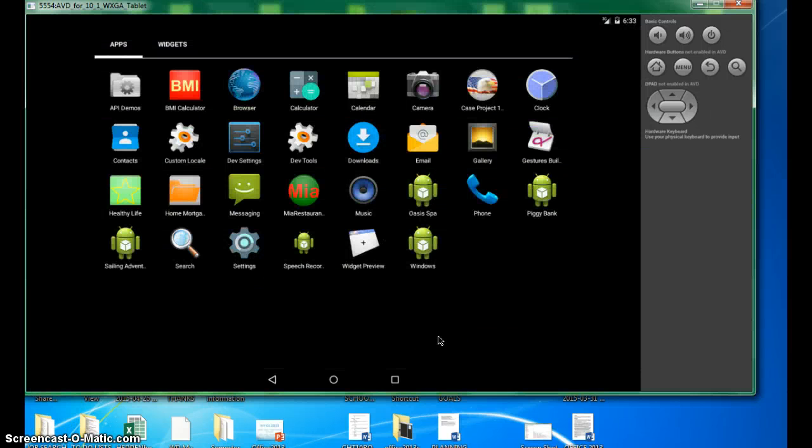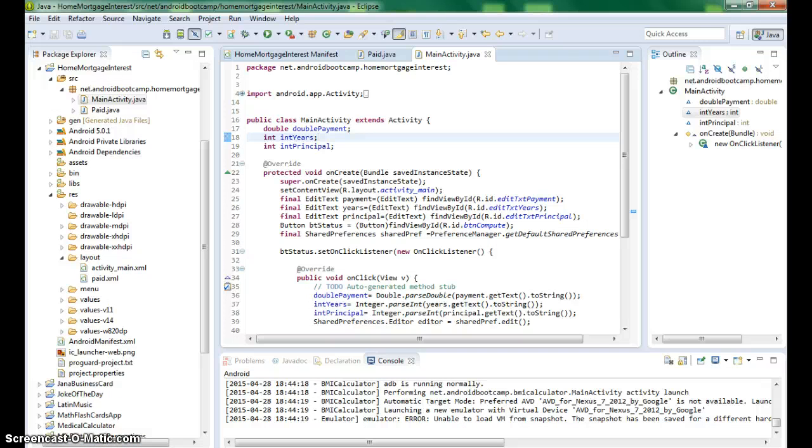Okay, here's just my screen that I go by. Here's the BMI calculator, and then here's the home mortgage interest, which I'm getting ready to show you, and it's case project 11.2, and it's 2 stars. So that's the one we're going to work on next. Well, that didn't go as expected. So here I am looking, trying to find it. But anyway, I was going to show you